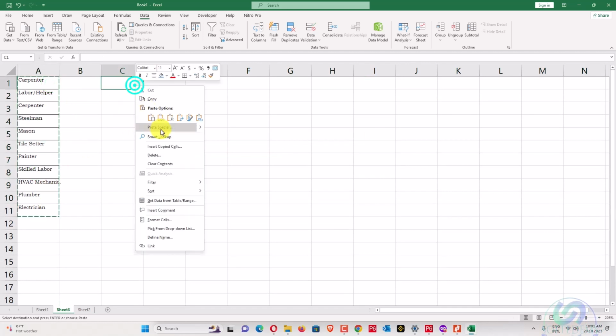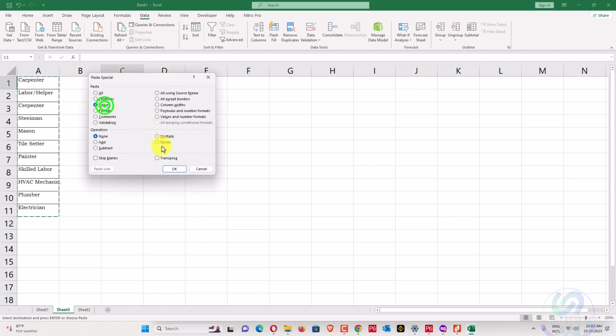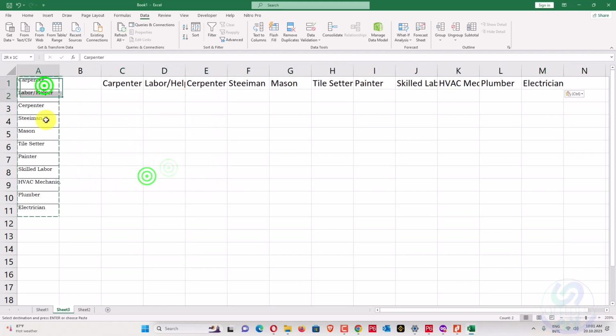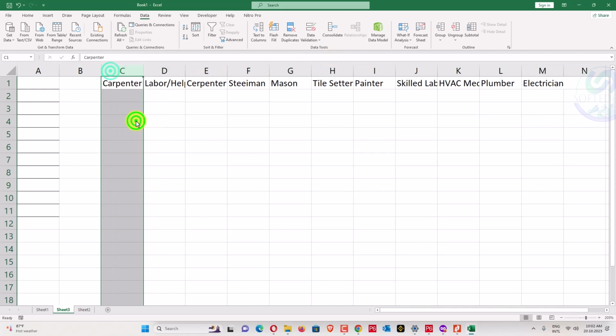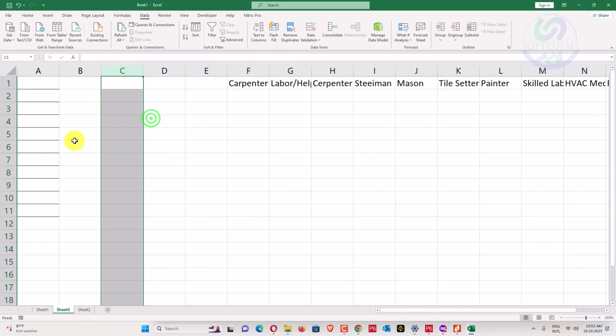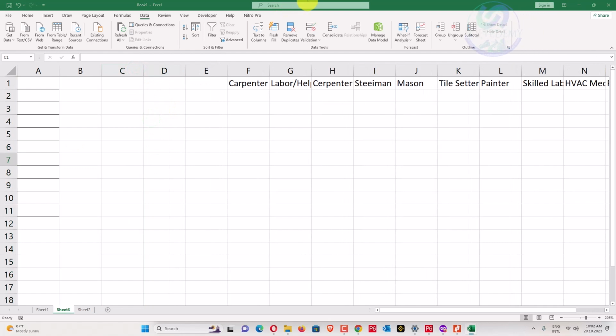I'll copy this one and paste it here. Go here, paste special, go for values and transpose. And now we have all these resources. I have just finalized some productivity, so you can put it here. I will not go through the huge hustle of adding productivity because I already have a video on that one, productivity. So you can create that productivity. So we'll add here some similar columns.